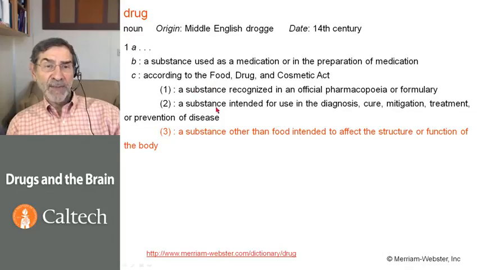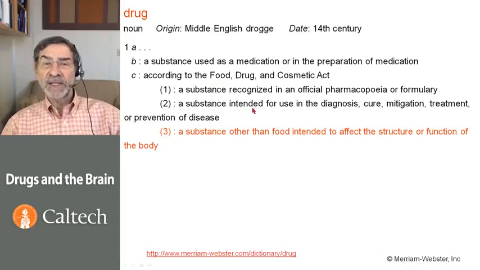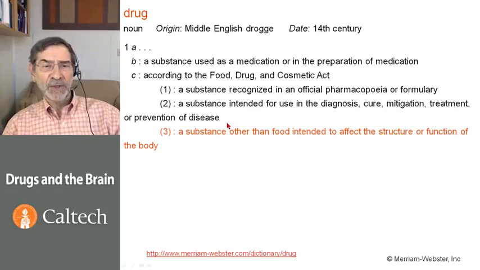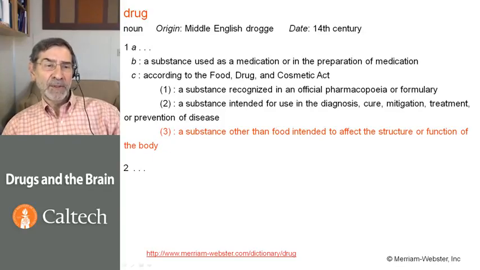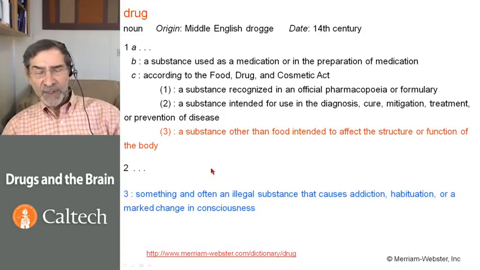According to that same act, it's a substance intended for use in the diagnosis, cure, mitigation, treatment, or prevention of disease. And also, it is a substance other than food intended to affect the structure or function of the body. So, food is not a drug, an irrelevant definition. And finally,